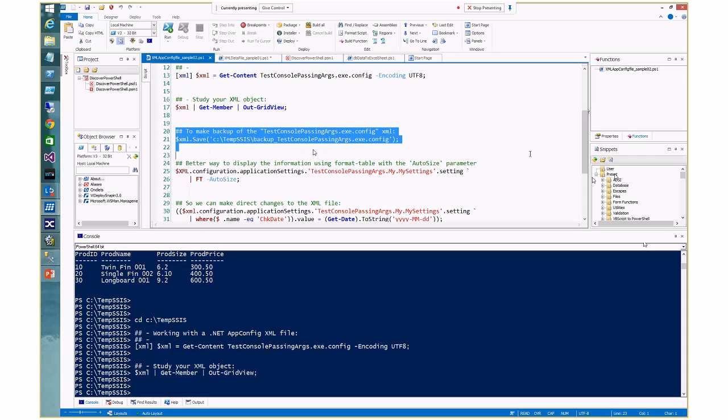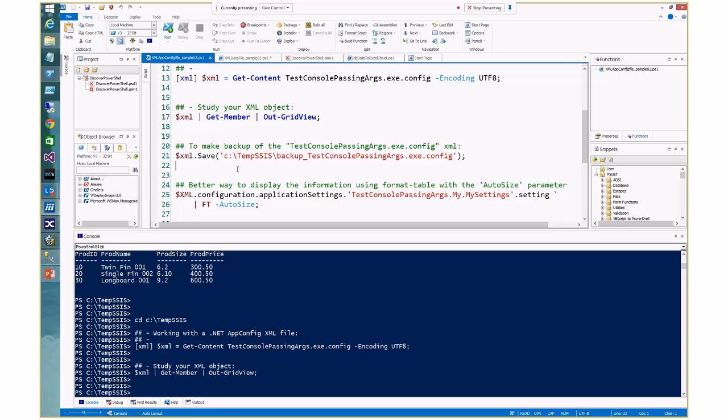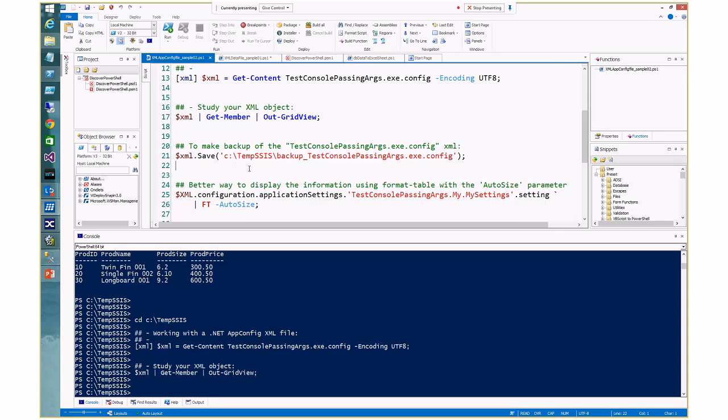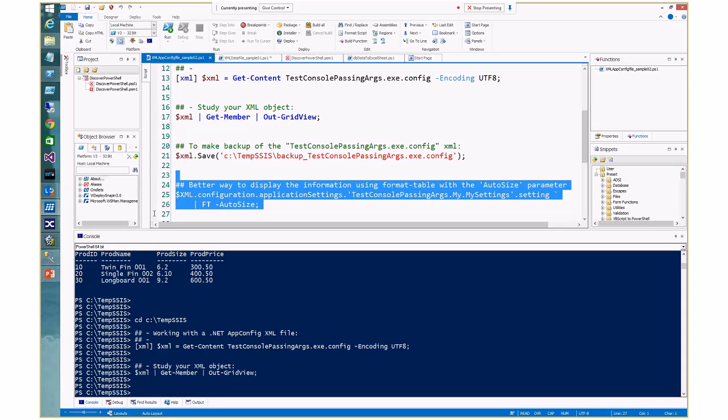Now here's an example. Before I work with this configuration file, what would I like to do? Well, in case something happened, I could use the Save method. Let me increase this a little bit more. I could use the Save method in order to make a backup copy of my configuration. In case something happened, I have a copy. Then I can go ahead and navigate. This is already because I already investigated, already discovered where I need to go within my object to get the data out. Okay,